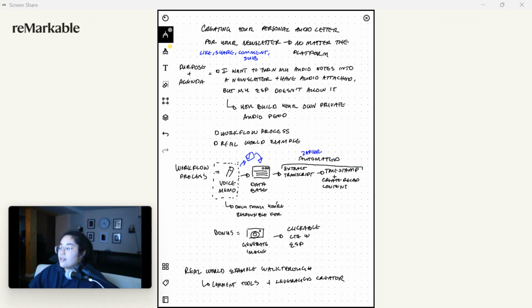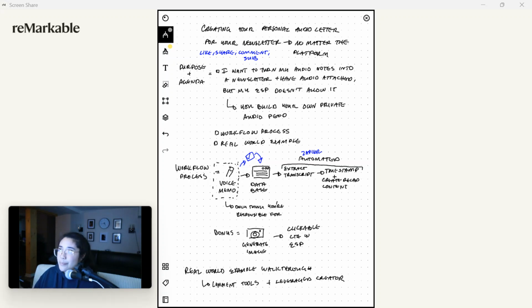And I also want to take it to a deeper level where I personally love to walk and talk. And so I wanted a mechanism where literally all I have to do is just press record and then walk and talk. And then literally from that point on, all I have to do is just send it to whatever the trigger platform is for this. I send the audio recording out, and then just magically an audio letter gets built for me where the audio is embedded for people to look at, where it's automatically transcribed and it's automatically timestamped, the whole shebang, right? That was the solution that I wanted to get at the end of the day.